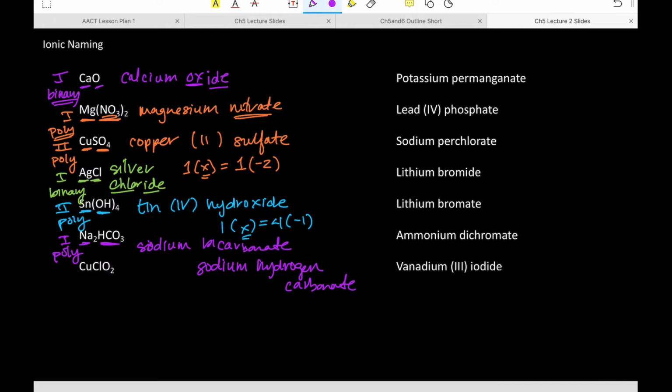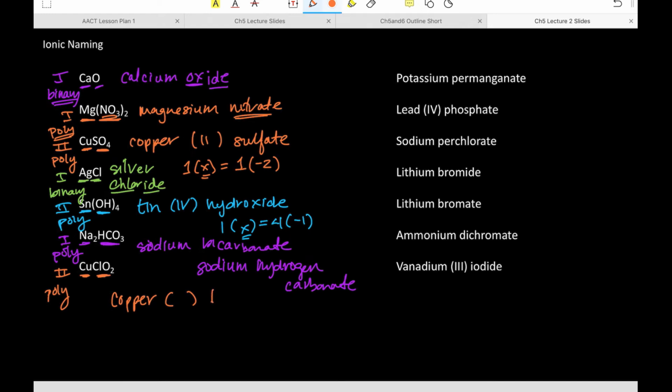All right, next up, we've got copper chlorite. So, well, I didn't mean to say that. All right, so it's a type 2 because copper comes from the middle section of the table, right? This is a polyatomic ion, right? So copper,